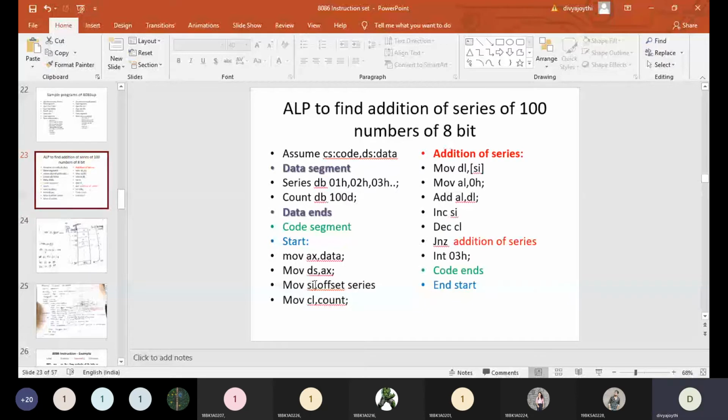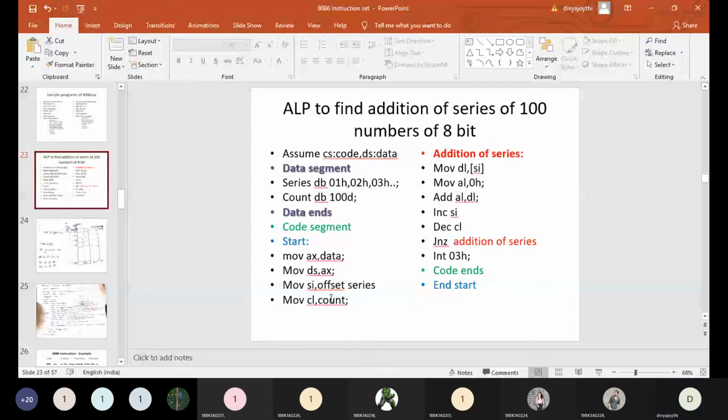Okay, and now in this particular statement, I'm moving the count. Here I have assigned the count as 100. That means I'm going to add 100 numbers. So the number 100 will be transferred to CL. SI will have the starting address of the series, and CL will have how many numbers you are going to add.